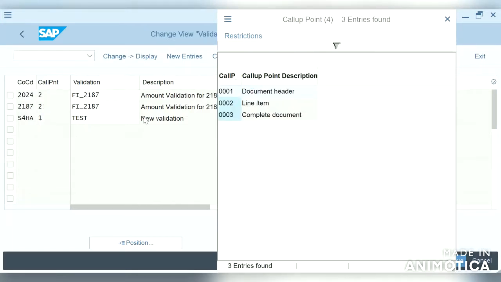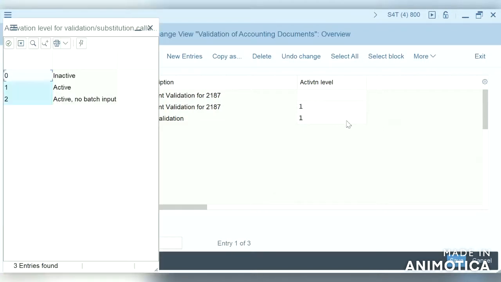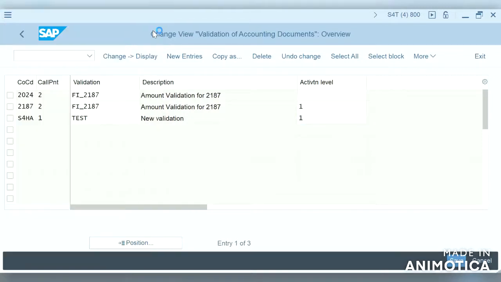That is the call point, and this is the test which I have assigned. See, document number, and this is the new validation, and this is the activation level. Whether it should be inactive or active. If you don't want this validation to be active, we can make it 0, so it will become inactive and it won't work.